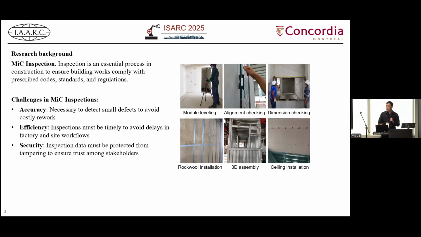Here are some examples of typical modular inspection tasks. However, currently modular construction has many challenges. The first is about accuracy, because it's necessary to detect all different defects to avoid costly rework. The efficiency challenge means that the inspection must be timely to avoid delays in the factory and the assembly work on site. And the last one is the security, because the inspection data and the process